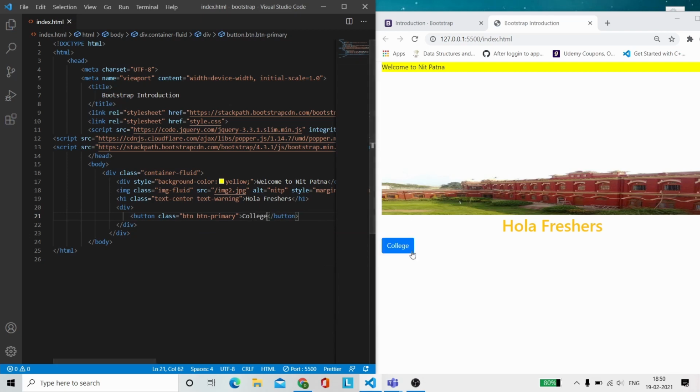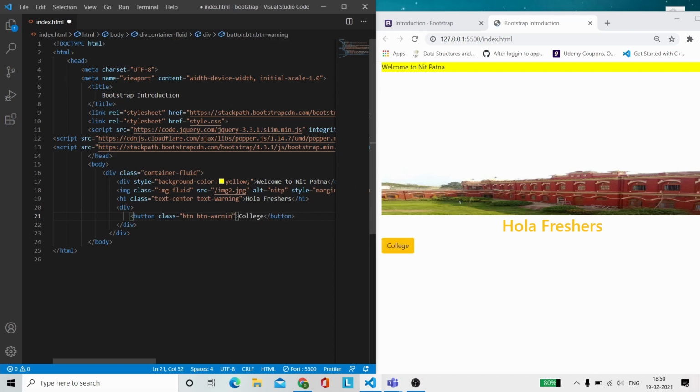Okay, so as you can see, it is having a color of blue because it is primary. Similarly, if I give it a color of info, it's changed. We have success, it is of green color. If you give it a color of warning, it will be yellow.